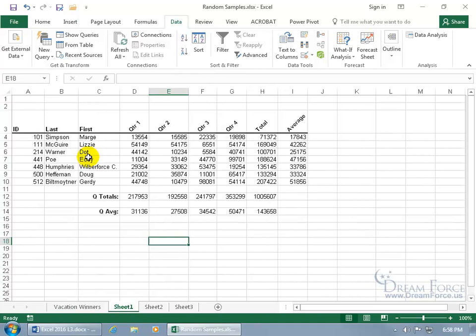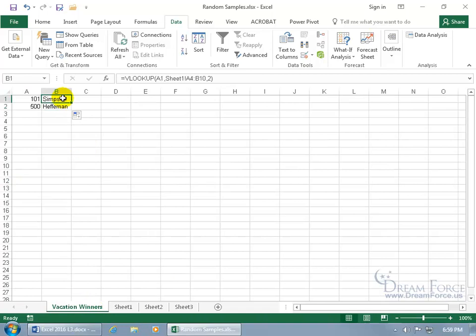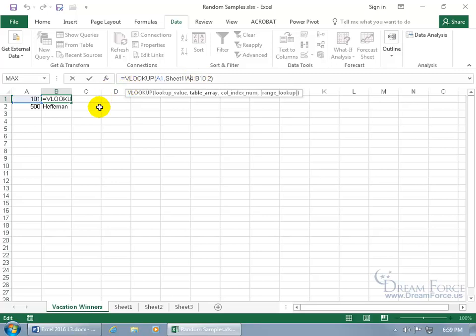So as I go back here, instead of going in row 4, it now updated to row 5 down to row 11. So to keep it within the same range, 4 to 10, we've got to go back to the original formula here, or the first one in our column for Simpson, and we need to tell it to stay in rows 4 and 10, and not to update when we copy and paste and go down, to go to 5 and 11, and then if we had another to 6 and 12 and so on. So we need to add our absolute values for 4 and click and add it for 10,